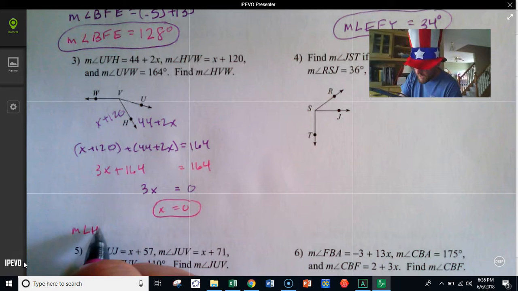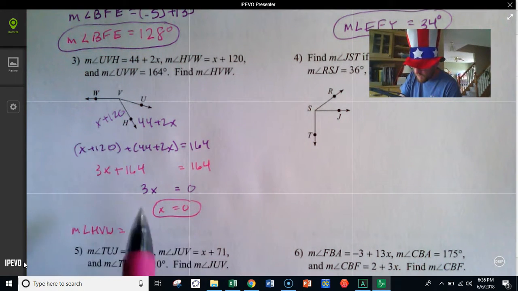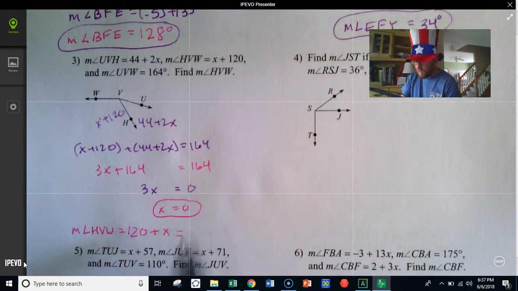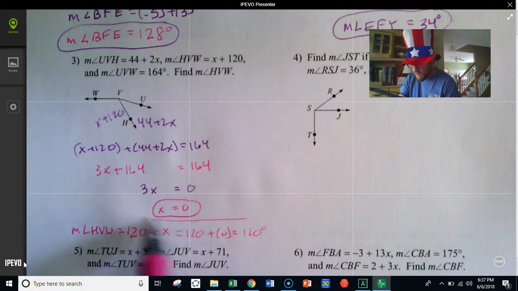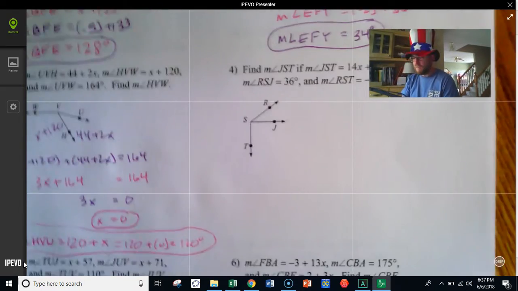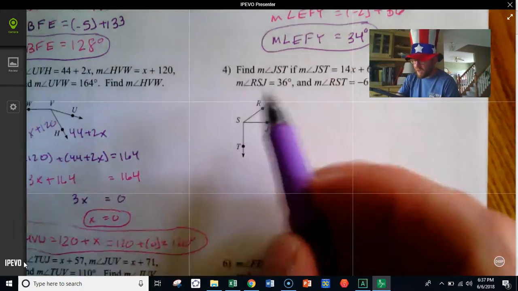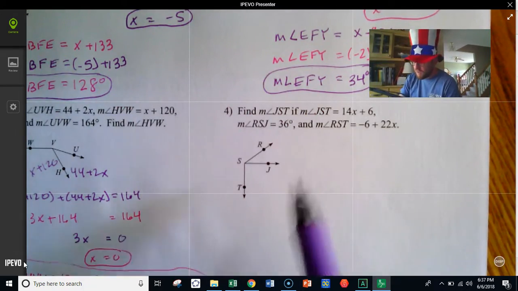Measure of HVW. HVW is 120 plus x, which is 120 plus 0, which is 120. I want to circle my final answer there. All right. Next up, we're trying to find